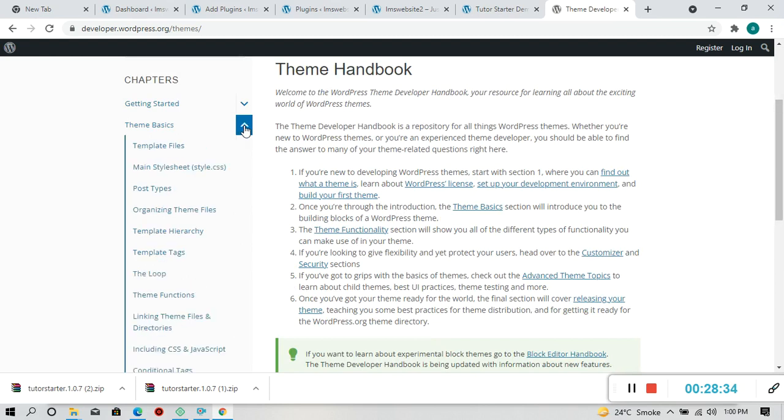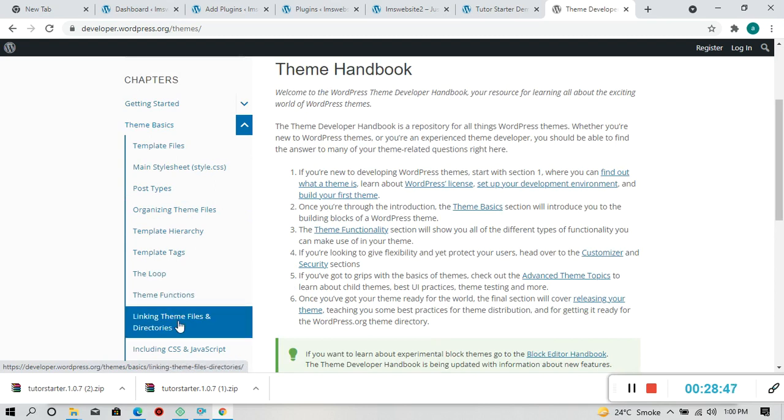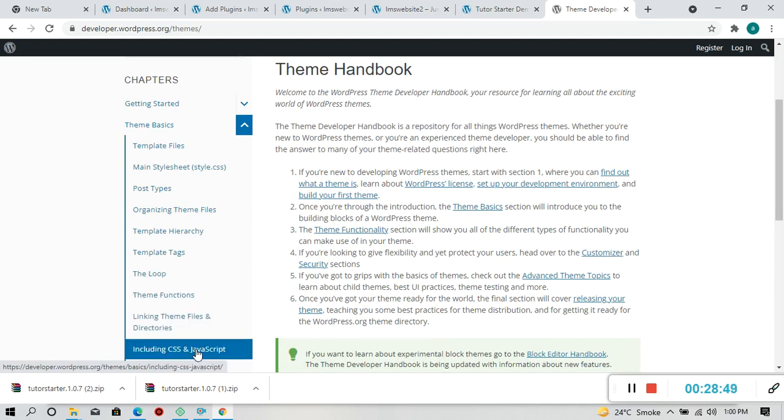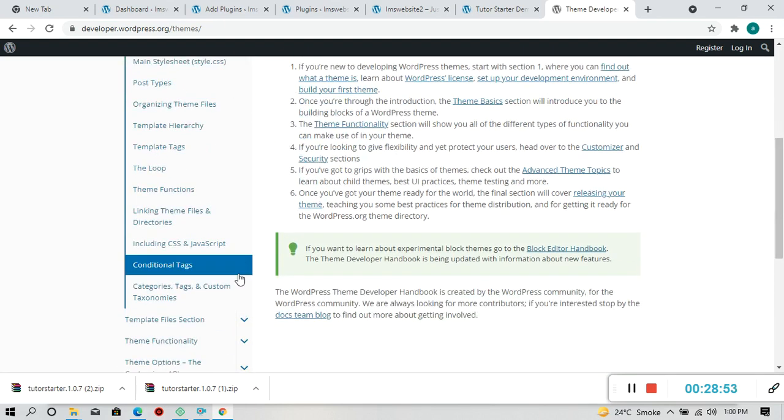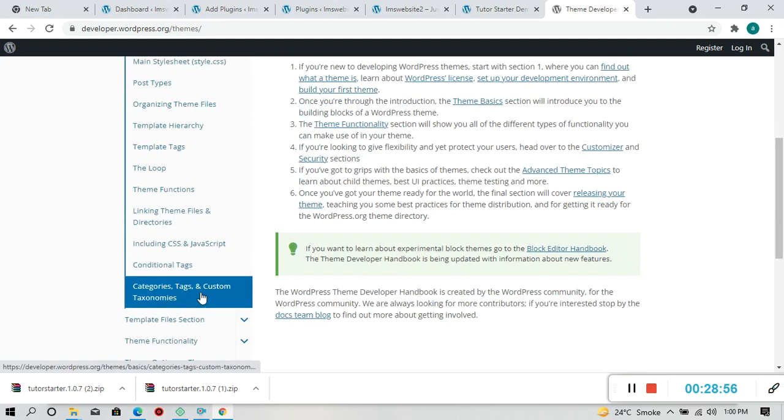This is the theme basics, template tags, main style, post type, organizing theme files, template hierarchy, template tags, the loop, theme functions, linking theme files and directories including CSS and JavaScript, conditional tags, category tags, and the custom taxonomy, right?